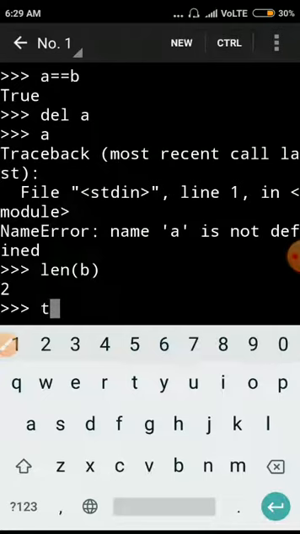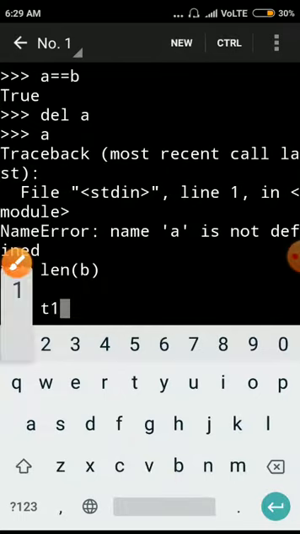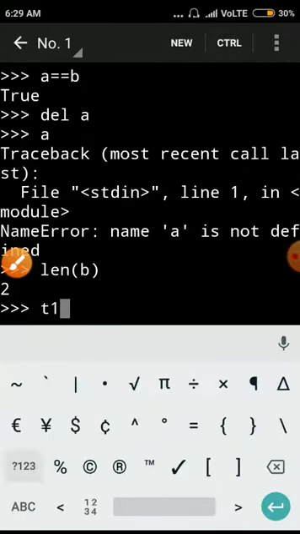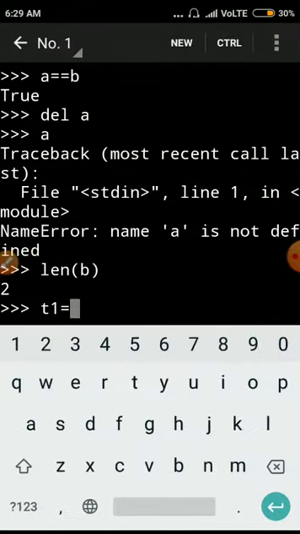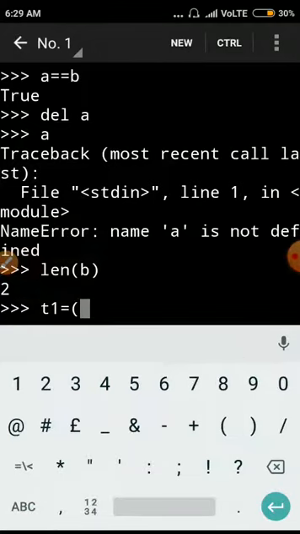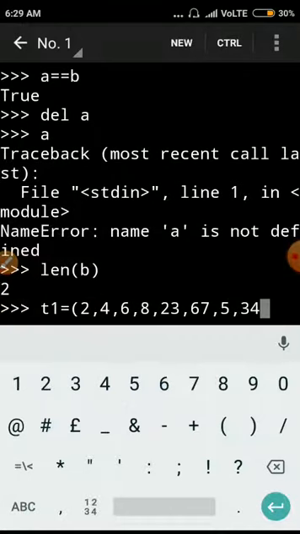Suppose I create one tuple, t1, and I give the values inside the brackets: 2, 4, 8, 23, 67, 5, 34.